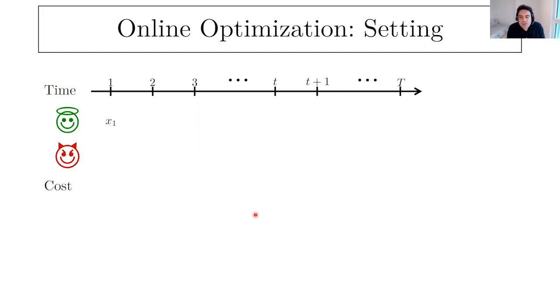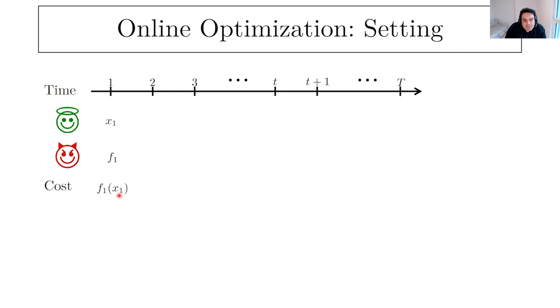It's a sequential decision making setting. You can think about it like a game between two players, so to speak. The first player, this green one, is ours, the decision maker. The decision maker makes a decision, X1. Then there is some adversarial nature that is going to throw at us a loss function. Let's say I show it with F1 to connect to the earlier discussion that I have. Now, the cost that you incur is going to be the evaluation of the loss function on the decision that you make. So that's the cost that you pay.